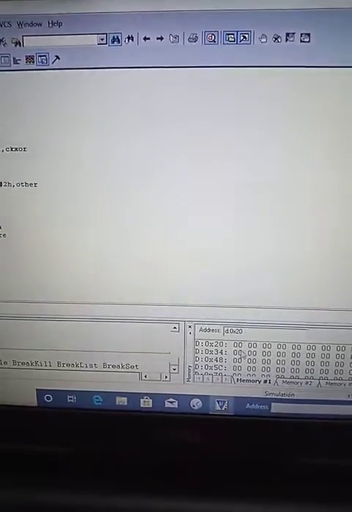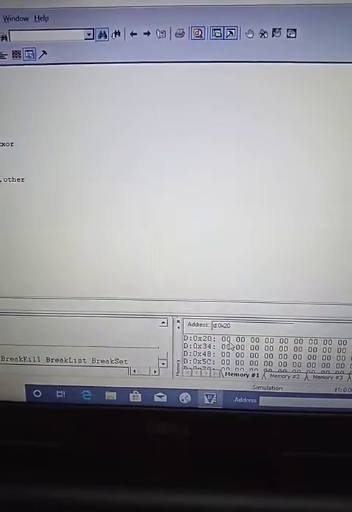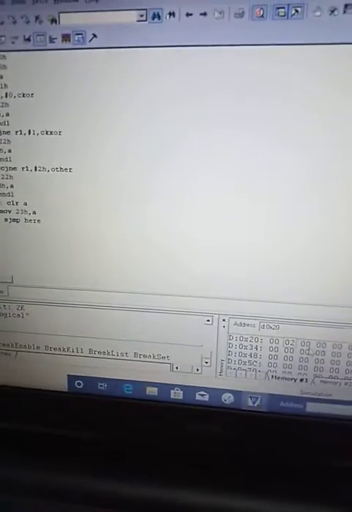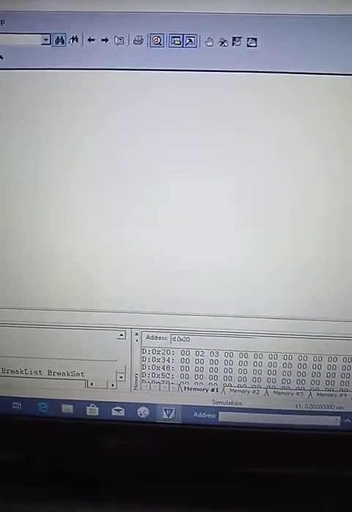So you are using the internal memory, that is 20. First data I give as 0. Second data I give as 02. Third data in the 22 location I give as 03. Enter.